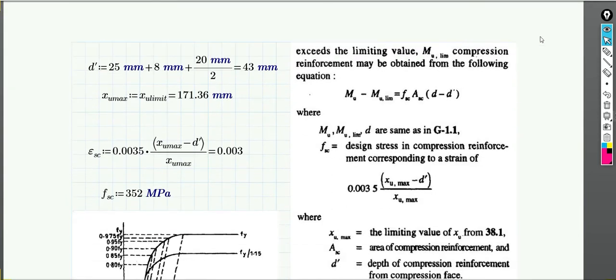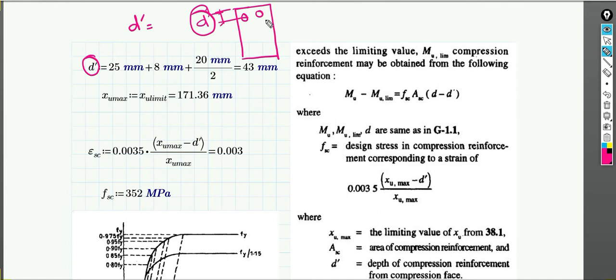Okay, so now let's go to the calculation of steel ASC, that is compression steel. Before going into the design or calculating the compression steel, you have to find out what is D dash. D dash is nothing but the distance. If this is the beam section and these are compression reinforcement, then D dash is the effective cover for the compression reinforcement.